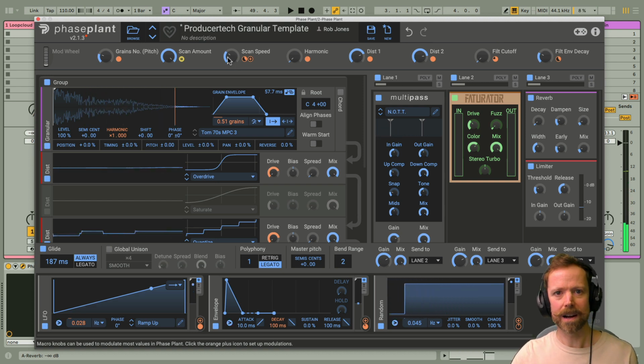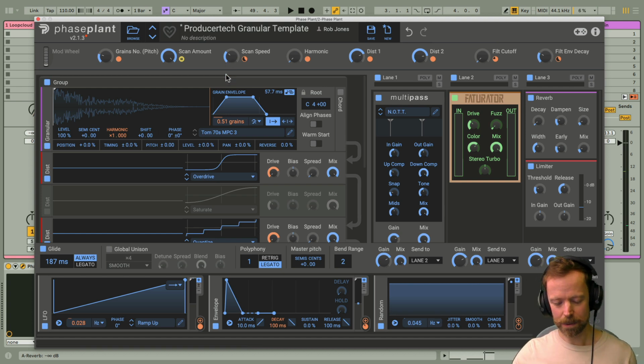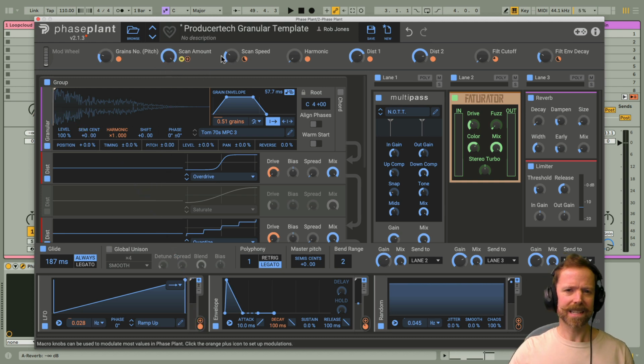So it's going to be great for stabs, FX type hits and all sorts of different sounds. Do be aware of the fact that the pitch has changed now. So it isn't necessarily going to be a good thing to mess with if you want to create melodic lines and phrases that are in tune. But for sound design purposes where you just lay down a load of audio and then chop out some of the best bits and then fix the pitch afterwards,